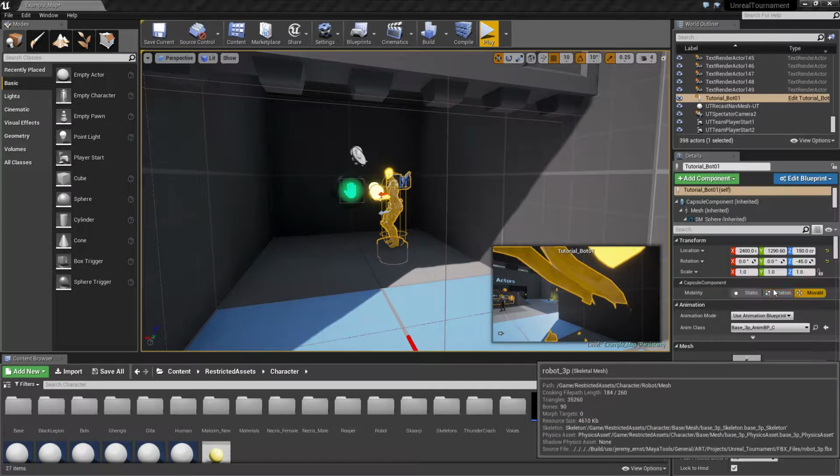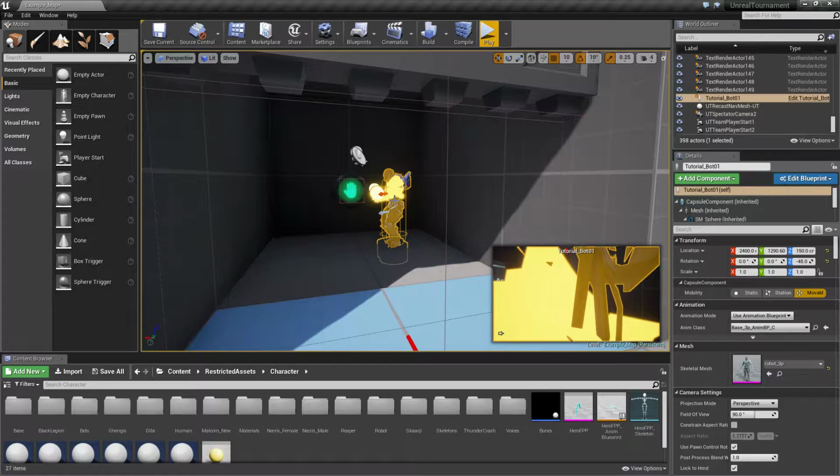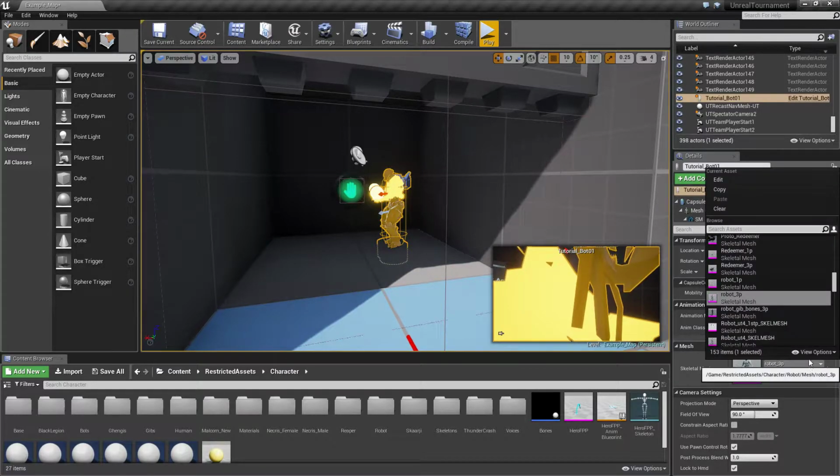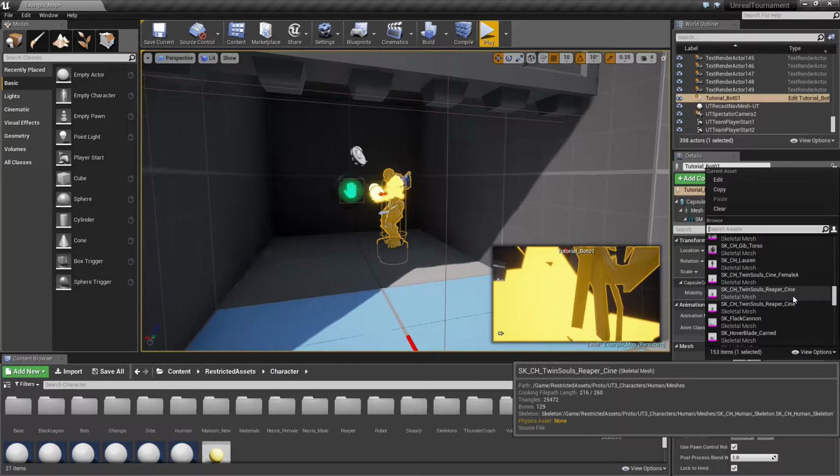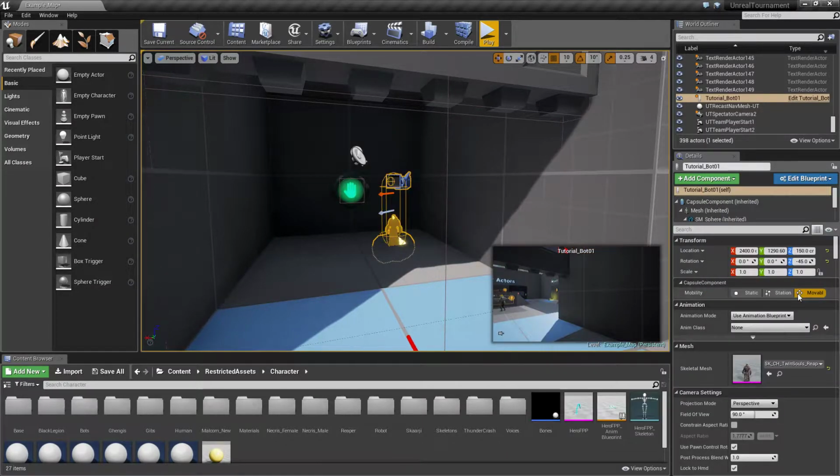So we've got the robot. Okay, so yep, robot works. And let's see what else we got over here. Okay, so the Reapers are interesting. These appear to be characters from Unreal Tournament 3, and there he is. He's small, and he's not